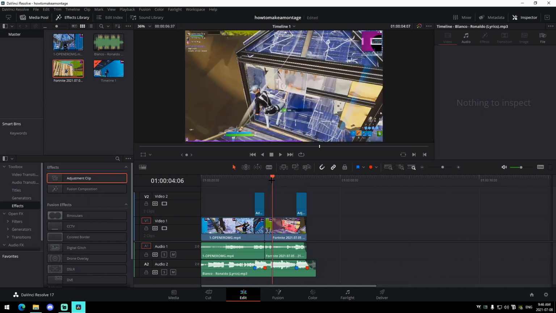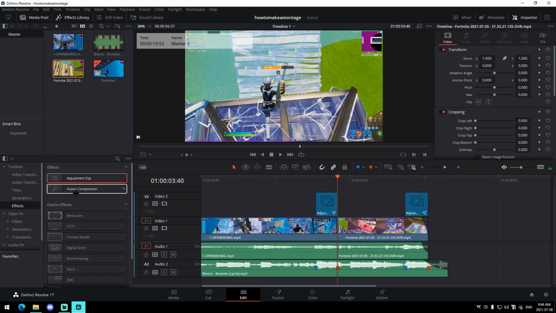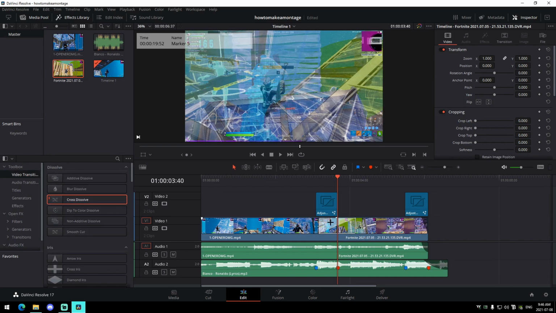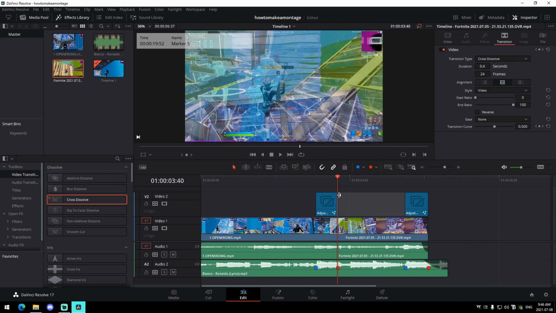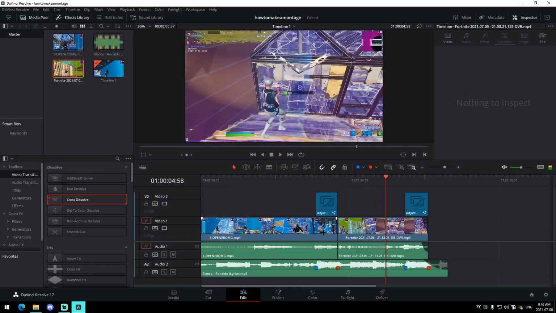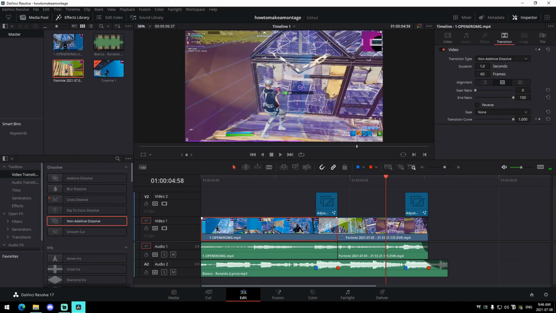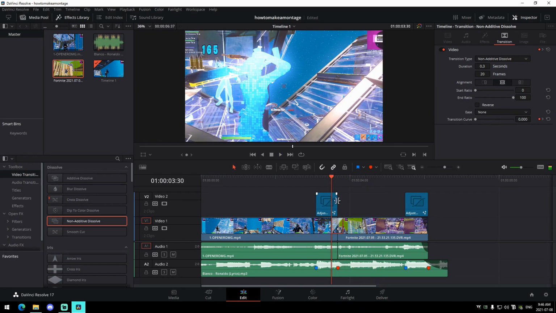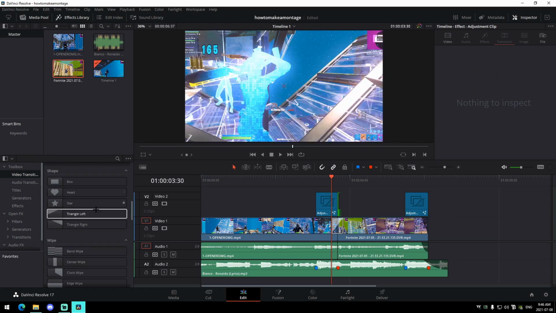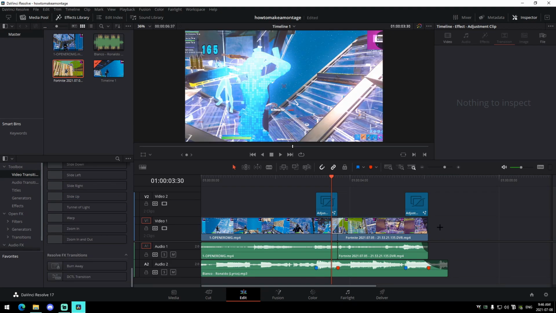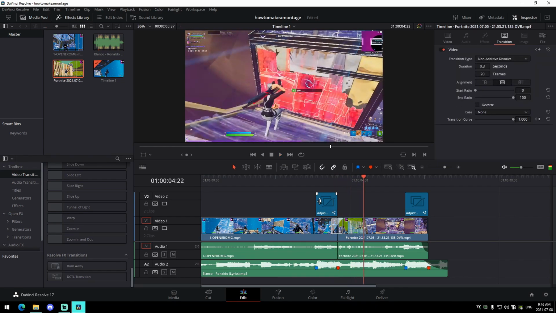And all we got to do for transitioning, if you guys don't have plugins, what you can do is just go to your video transitions tab. The thing about DaVinci is it has a ton of free to use transitions, like a cross dissolve, where you could literally just drag it in and it does a nice little cross dissolve between the two clips. Or if you want to do like a non-additive dissolve, I bet you've seen it in some videos, it mixes the data from both clips. Or there's like smooth cut, there's all these different push ones, there's some that are like zoom in and out. That's the cool thing about DaVinci Resolve 17, they have those push and zoom in and out transitions